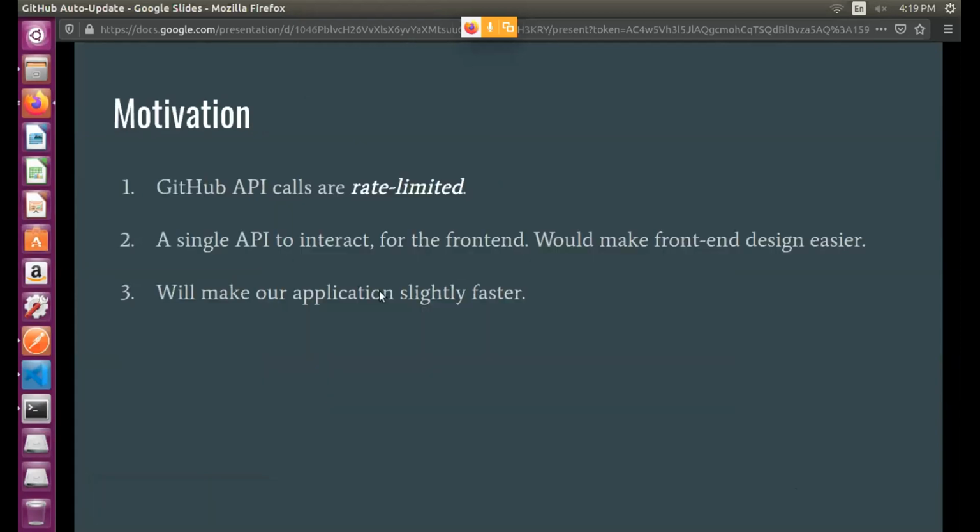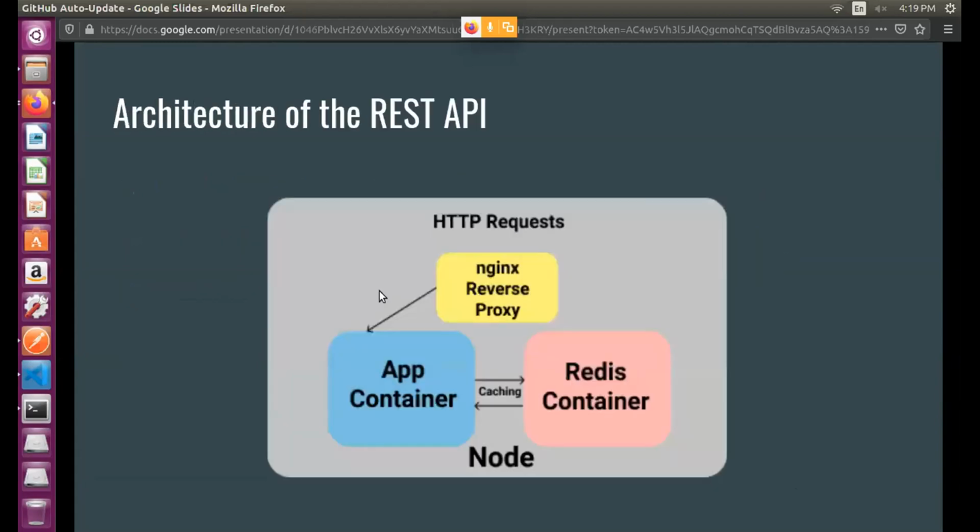Now, one more motivation I must mention is that I also wanted to make the application as scalable as possible. Basically, I wanted to learn more about system design also. So you might ask why I have made this so complicated. The reason is that the simplest approach would be to simply create a server.js file which would listen for HTTP requests and then serve the JSON output accordingly. But my aim was to make the application a bit more durable.